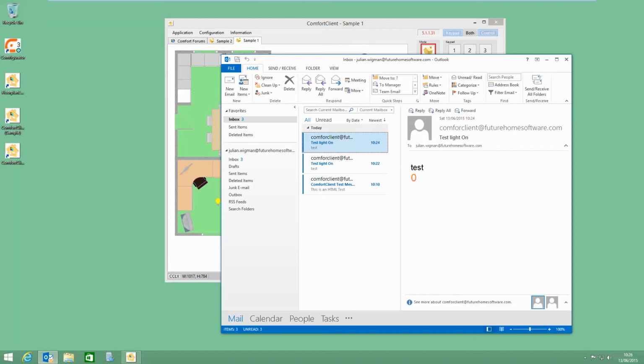So that covers what I want to cover in this final workshop. We will look at some other features of the ComfortClient interface in a later workshop, plugins, floor plan editor in more detail. So we'll look at some more features of ComfortClient in a later workshop. So we'll look at plugins. One area we haven't looked at today with ComfortClient